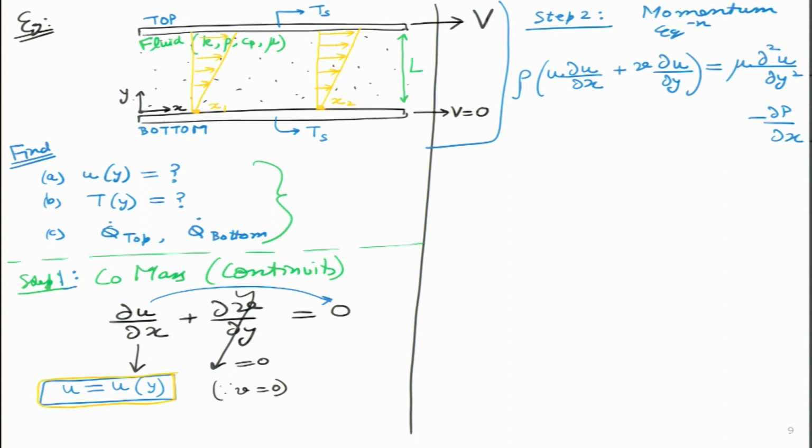Now, let us see if there are some ways in which I can simplify this momentum equation. So, let us go term by term. Density is some finite number, so I will leave it as a constant over here. What about u? u I know is a function of y, so this term is okay. But if u is only a function of y, then del u by del x becomes 0, and I can give the explanation because u is only a function of y. That is it. So, the first term becomes 0. What about the second term? This part is non-zero, but the first part is 0 because v equals 0.